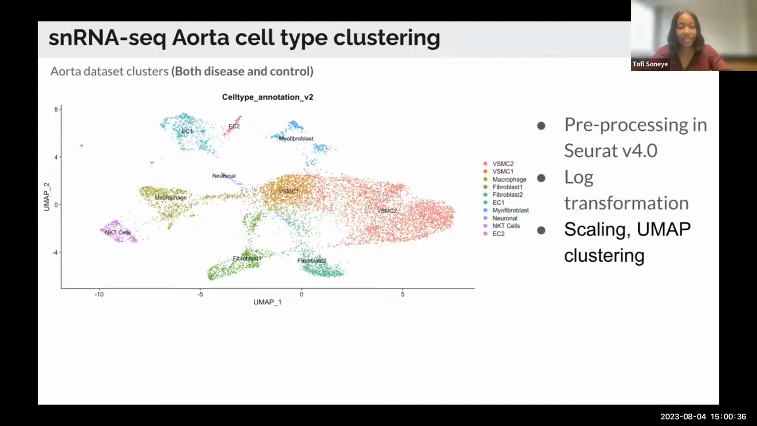So here we have clustering. Now clustering, I did this clustering after running preprocessing steps like,